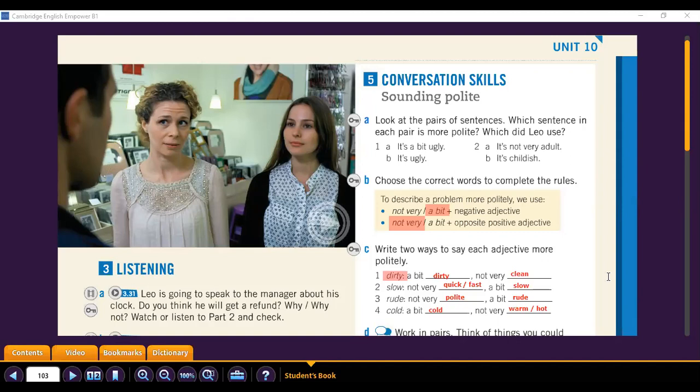Very good. So it's not very warm or it's not very hot. Excellent. So even though these two phrases can be sometimes confusing, you need to know how to use them properly, okay? So that's why we saw the rule that with a negative adjective, you use a bit, or with an opposite adjective with a positive meaning, you are going to use not very. These are the phrases we can use in order to sound a little bit more polite. Sí, estas frases nos van a ayudar muchísimo para escucharnos un poco más corteses, más educados